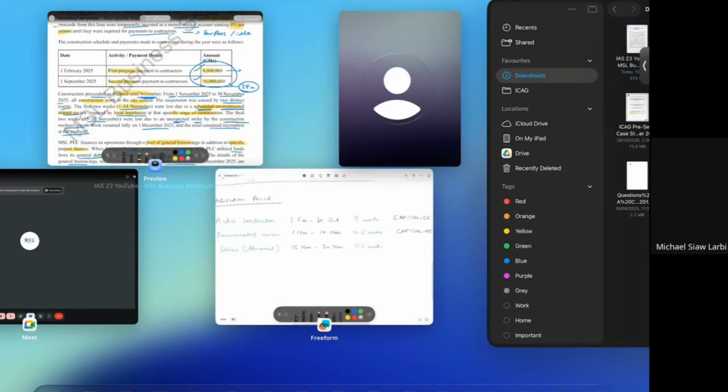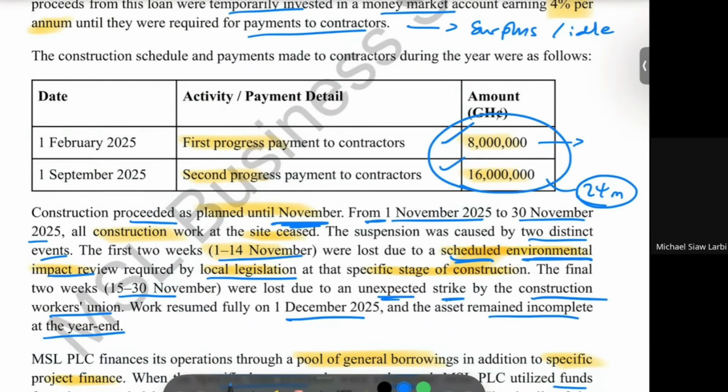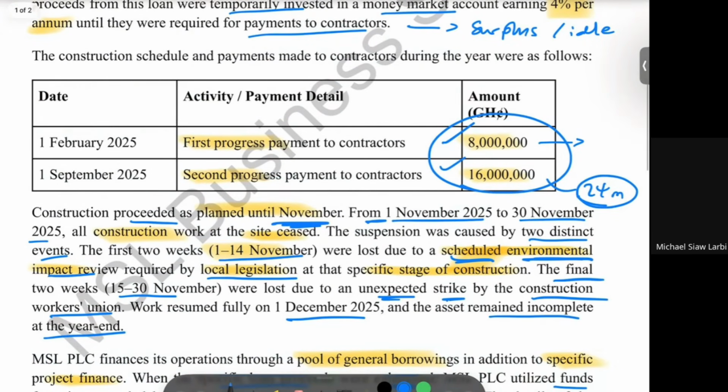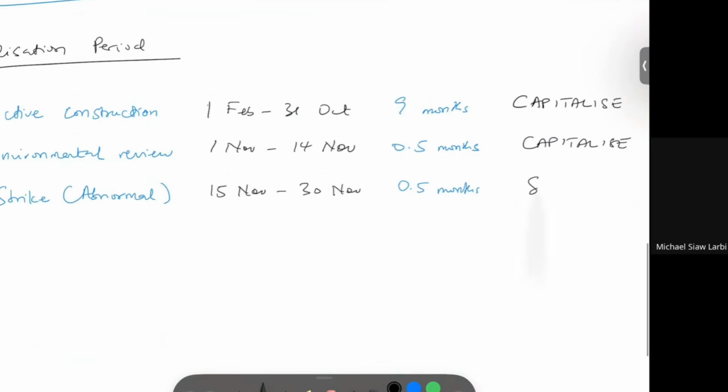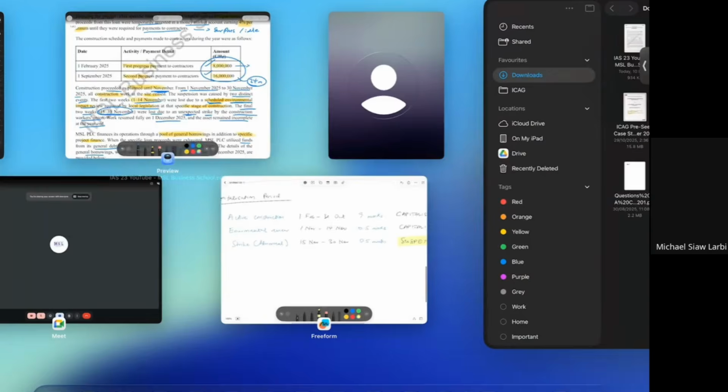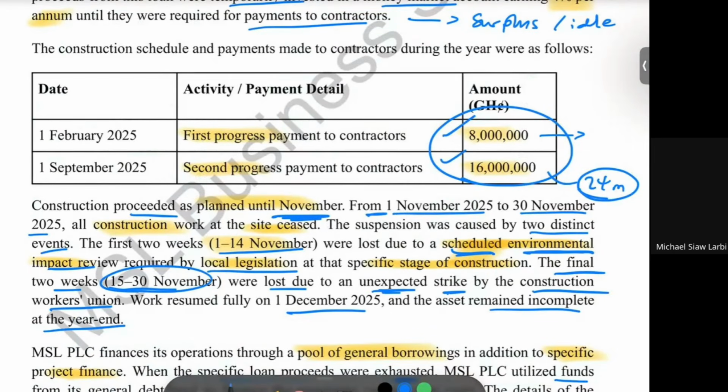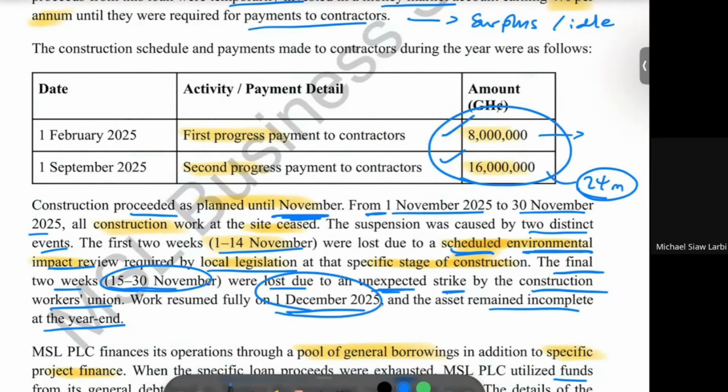So if you check, the final 2 weeks, 15 to 30 November, were lost due to an unexpected strike. So here we're going to say, this one you are going to suspend, not capitalize. So I could highlight this. We'll suspend capitalization. And the final month, they said they resumed work on 1st December and the assets remained incomplete